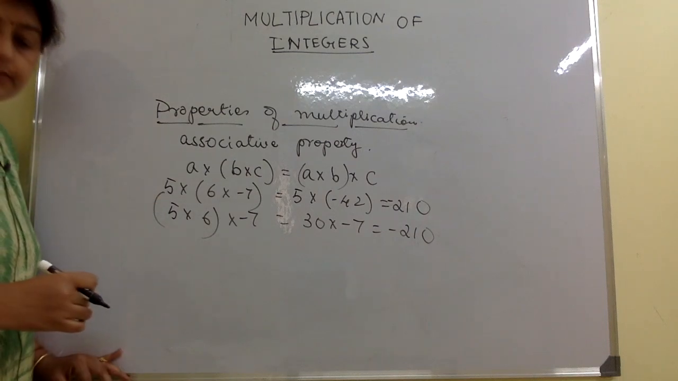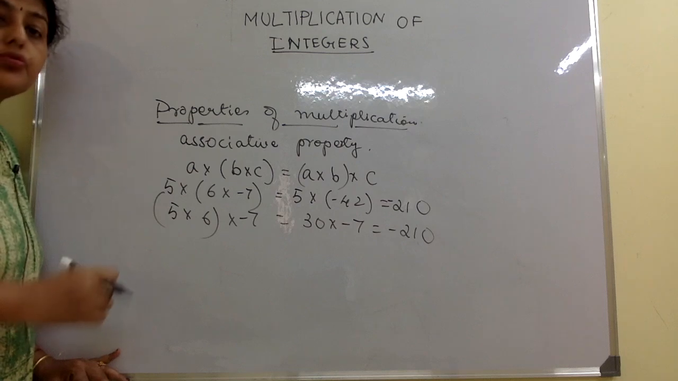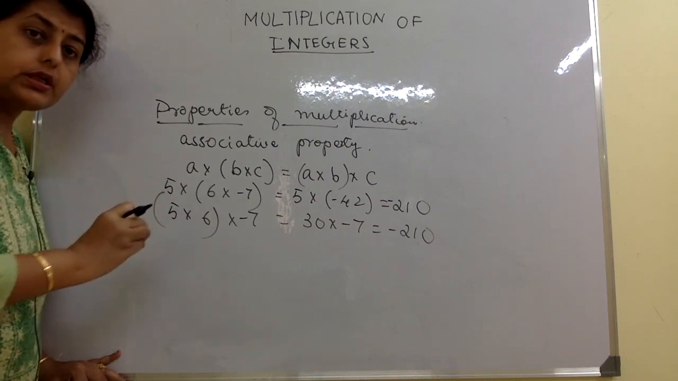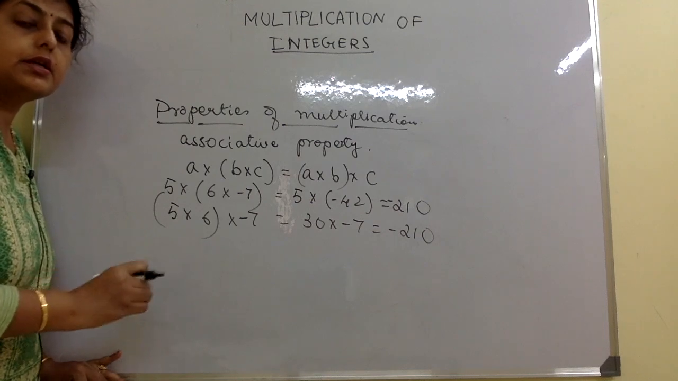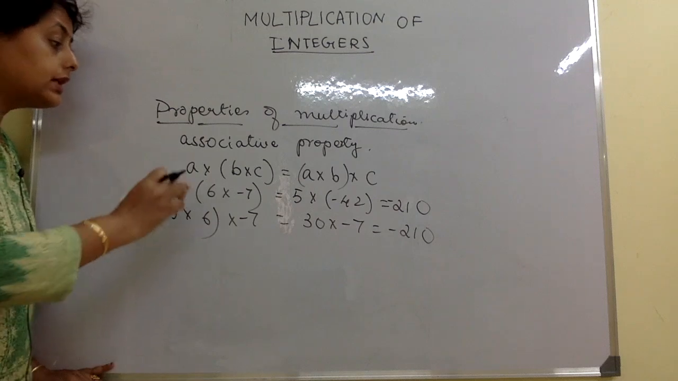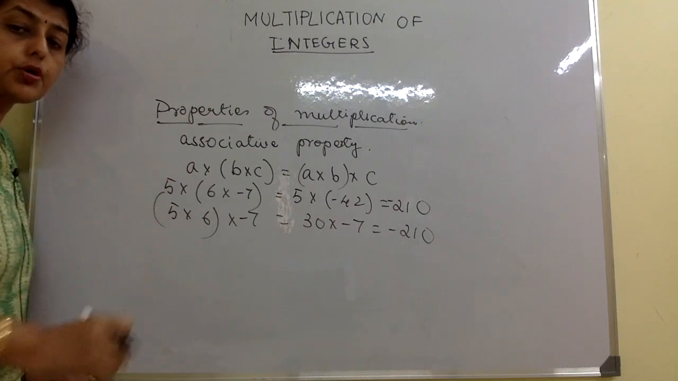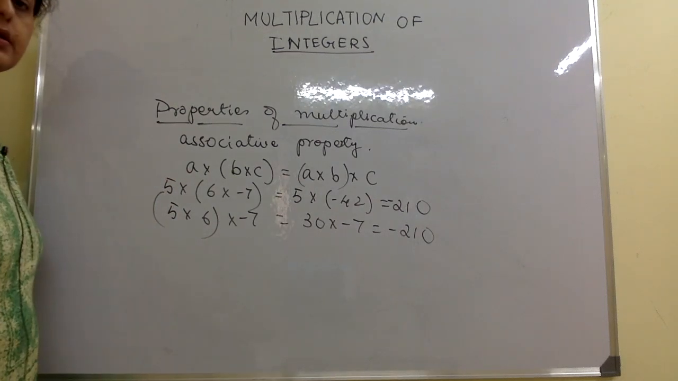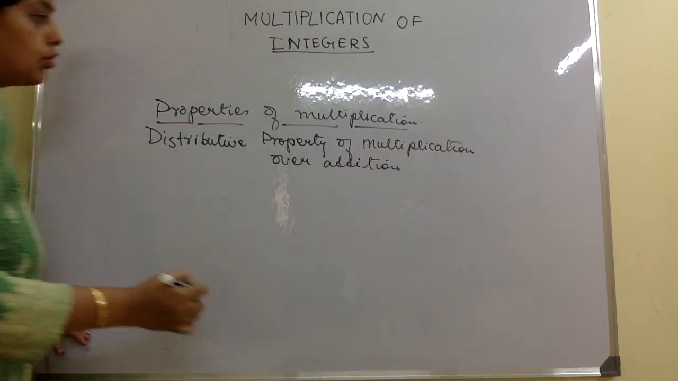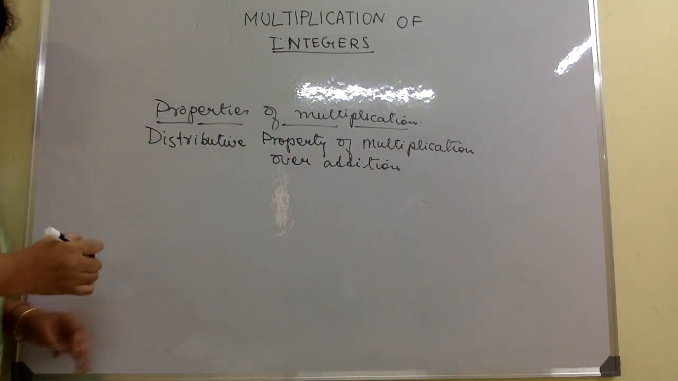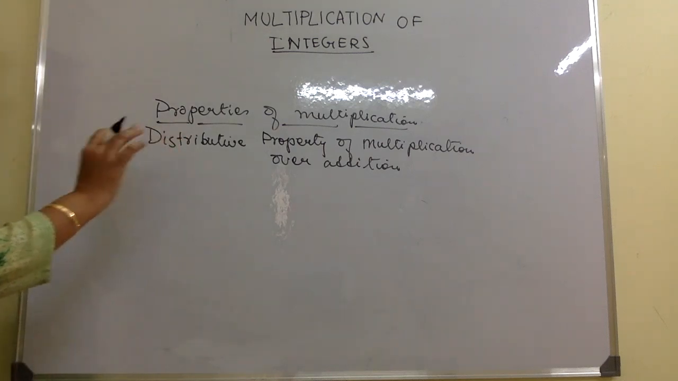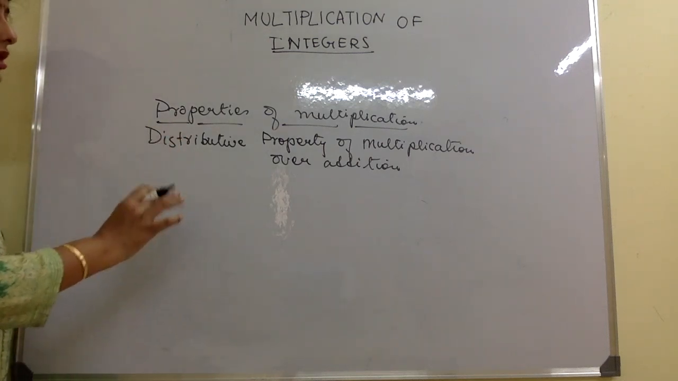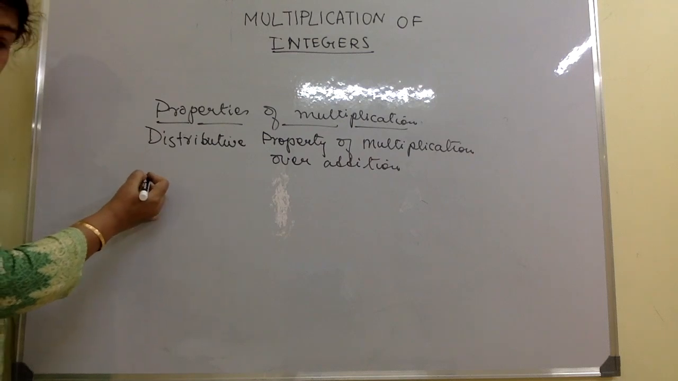Okay. Now let us come to the most important property of this chapter, which is the distributive property, and children get it wrong very often. They keep confusing it with the associative property. So know the difference correctly. Now what is the distributive property of multiplication over addition? The name is a little bit tricky. So what is it? Let me take something like